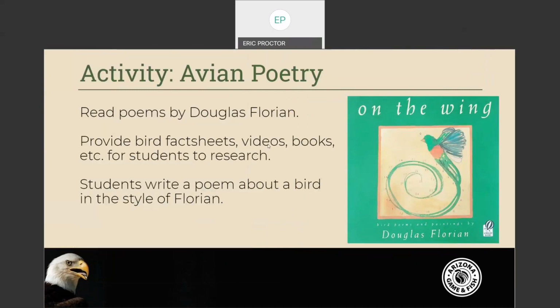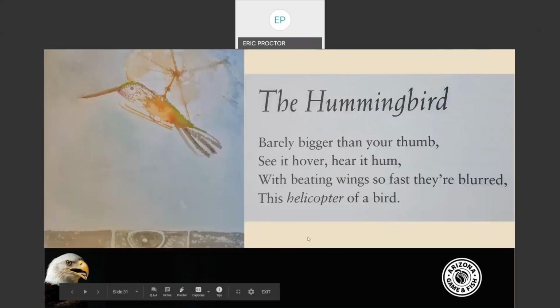I'm sure you can find his books on Amazon, you could probably order them from Barnes & Noble or your favorite bookstore. I don't know if he's still actively writing, but these are the ones that I picked up, and I've had these books for a number of years. They're great little books. They're not super long. They're maybe about 20, 30 pages, and each opening, the artwork is on one page and the poem is on the other page. And so there's probably 15 or so poems in each book. So fun stuff.